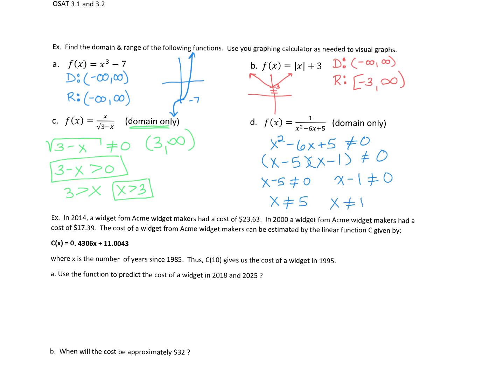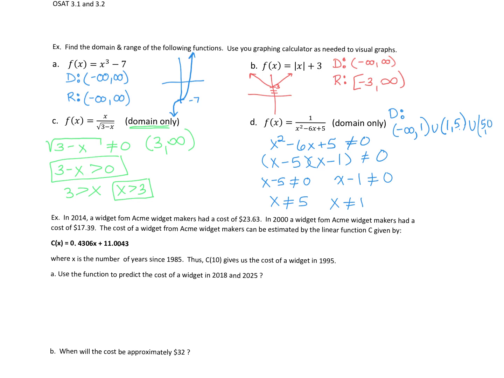So our interval notation for our domain is going to be negative infinity up to 1, union 1 up to 5, skipping over 5, union